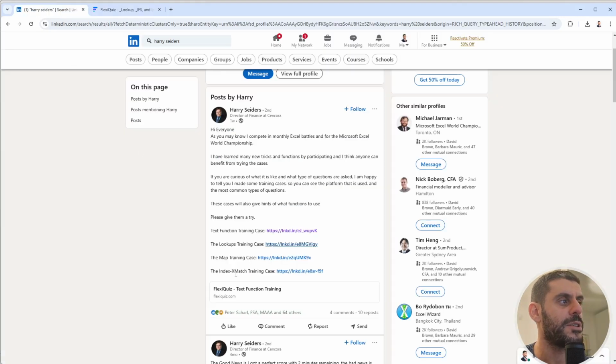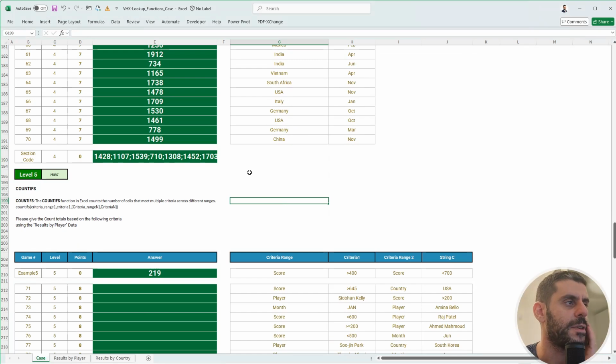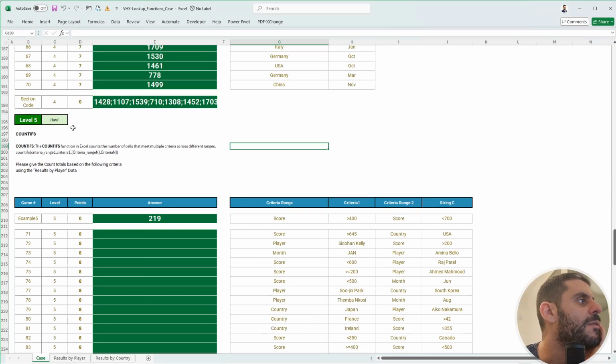Yeah, INDEX XMATCH was part of training 4, but for the sake of speeding this up, I think that's good enough. Level 5 says COUNTIFS. So